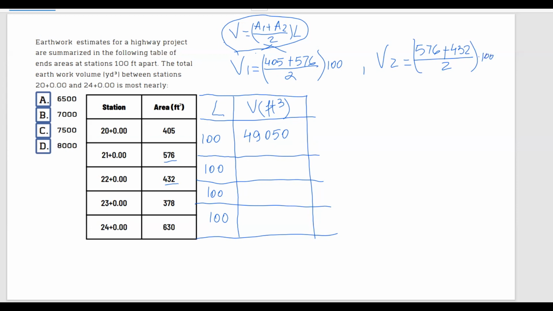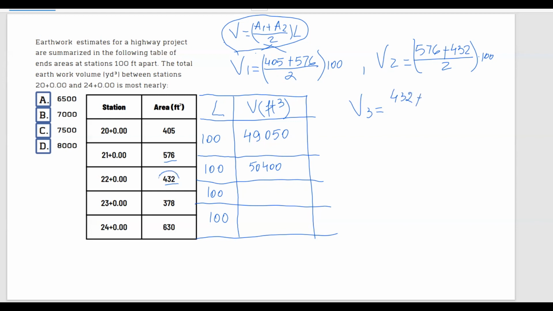Okay, let's see what we get here. 576 plus 432, divided by 2, multiplied by 100. I'm getting a volume of 50,400. Moving forward, V3 is going to be equal to 432